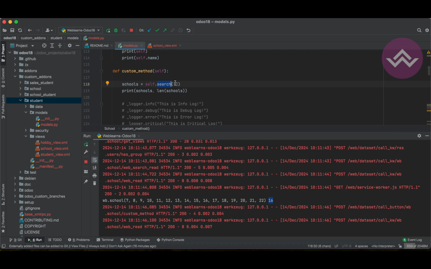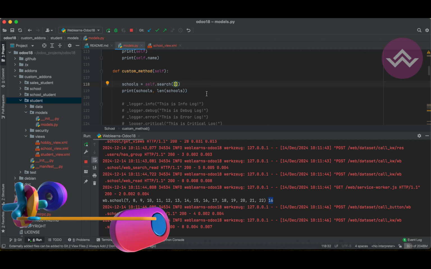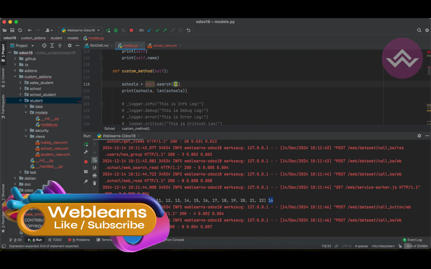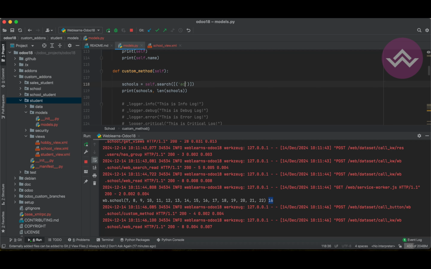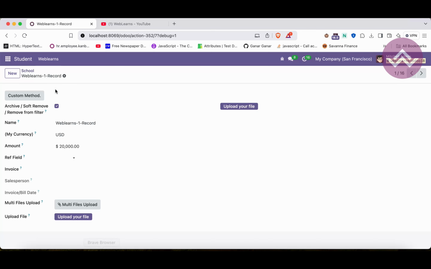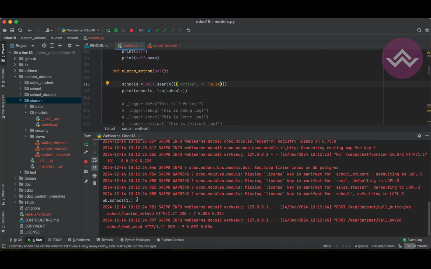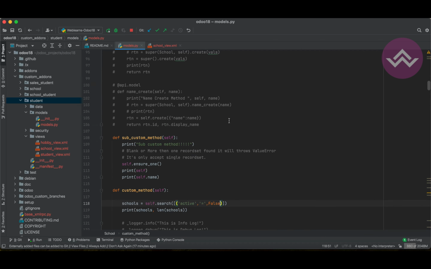Okay, here one more thing: let's say you want to search archived records only. Then you have to use something like this, active equal to false. Let me restart the service. Let me click this button and now you can see this is the archived record set and the total archived record count is 1, right? So that is the main purpose of this